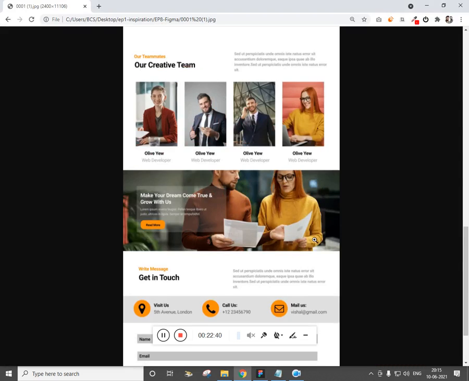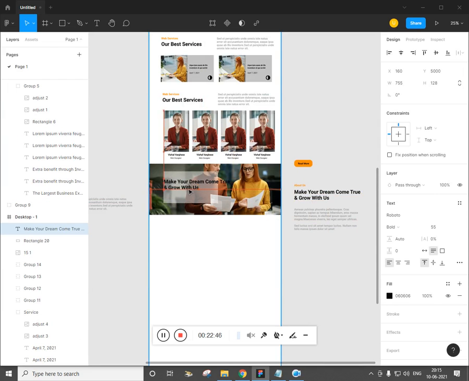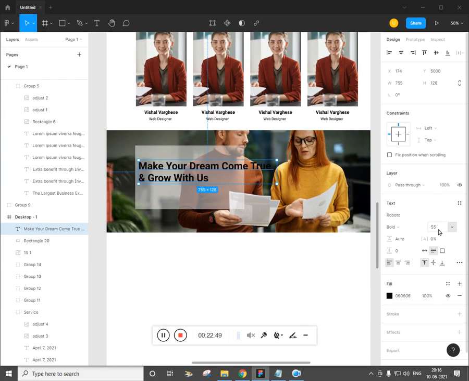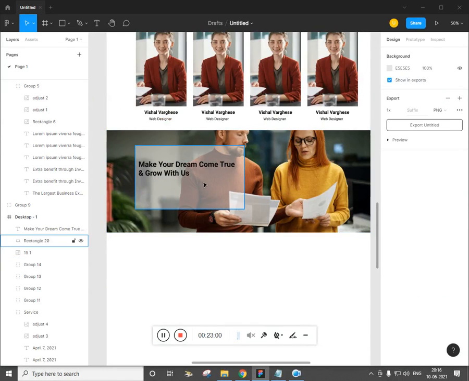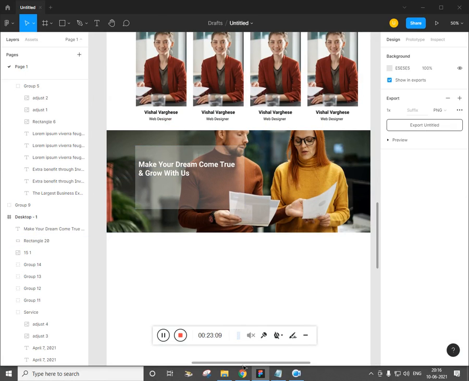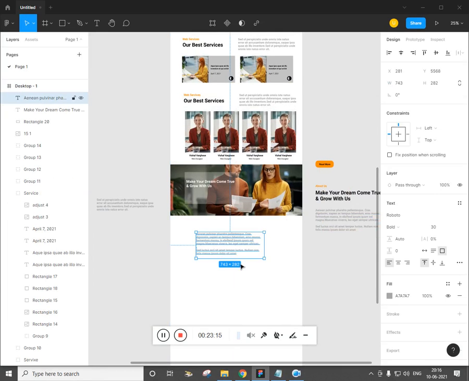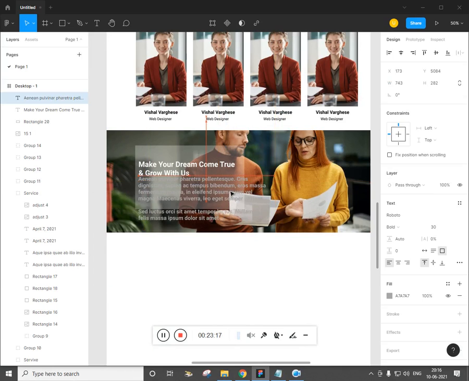Now individually select this, alt drag, just place this over here, zoom in, so make this as 45, 30 or 40 was okay. So that's cool. Now fill this with white, and let's take this one and paste it, make this smaller so that it fits.